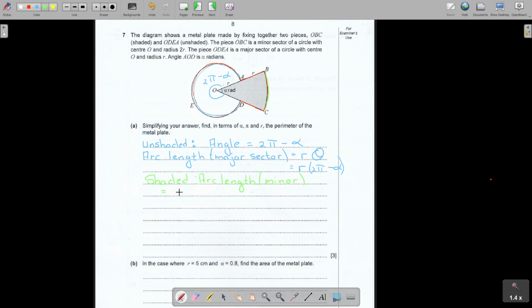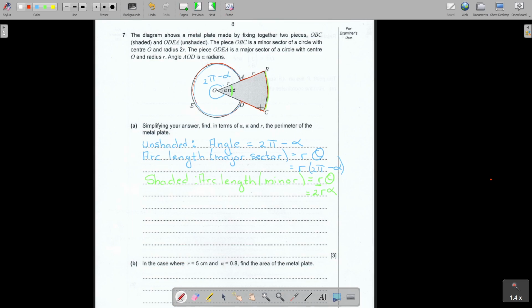So I'm going to say, okay, the formula is the same. It's going to be that formula r theta. But the radius, it's just going to be 2r. And don't forget the angle. There is the angle alpha. Okay. Now, I'm looking for the total or the perimeter of the metal